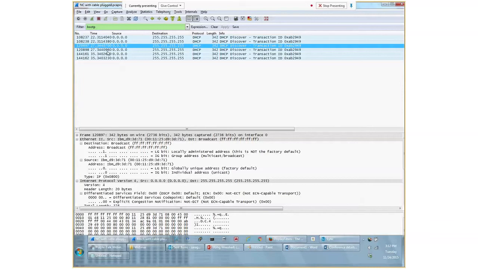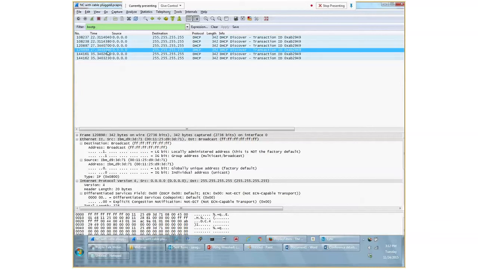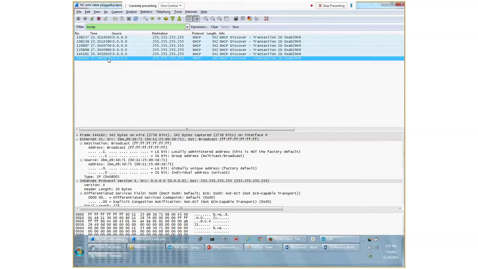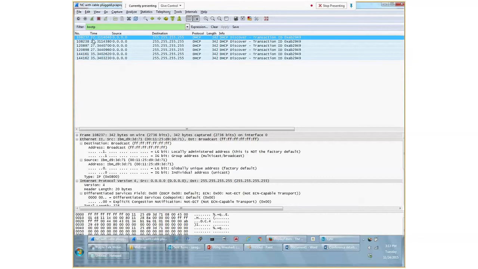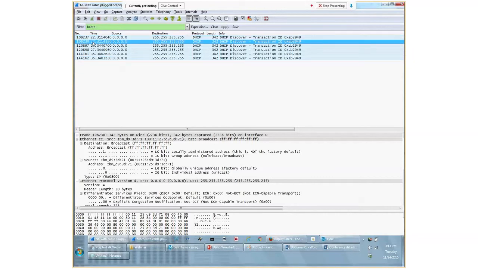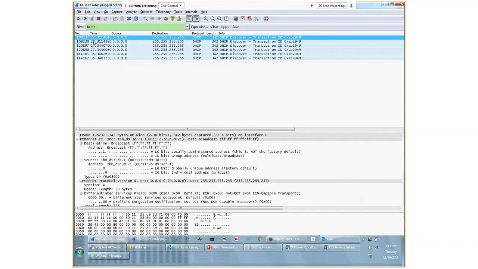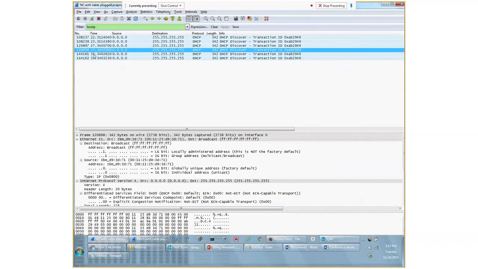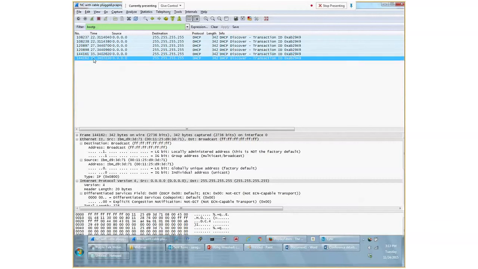Again, 2 packets are going, ingressing and egressing the switch, and then it waits. It still doesn't receive any offer packet, and then again it sends a discover packet. Again, it's going through both the ports, and it still doesn't receive a reply. You can check that by the time. These times are very close by, within just milliseconds, which means it's ingressing and egressing the switch. We are mirroring 2 ports, so that is how you find the difference.